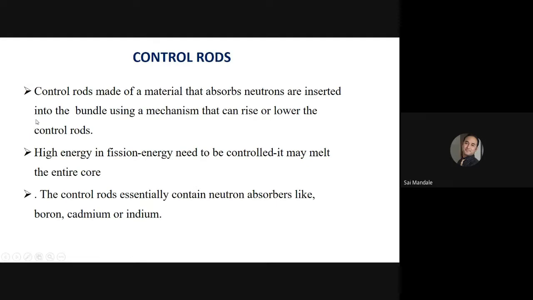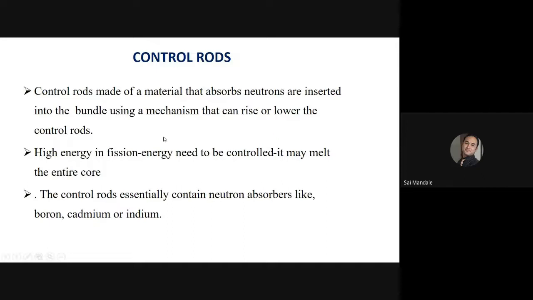Control rods. The control rod is made of a material that absorbs neutrons, and is inserted into the bundle using a mechanism that can raise or lower the control rods. So control rods absorb the neutrons, and we can insert the control rod during the nuclear chain reaction, and remove it after the reaction. So control rods are used to absorb the neutrons, and moderators are used to reduce the speed of the movement